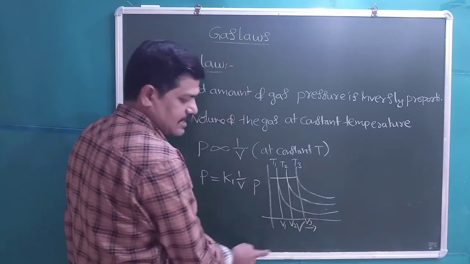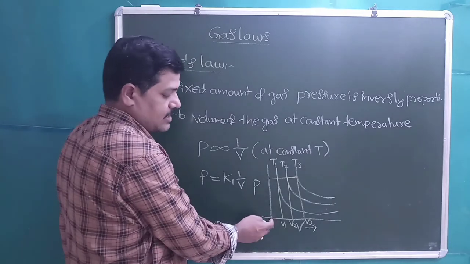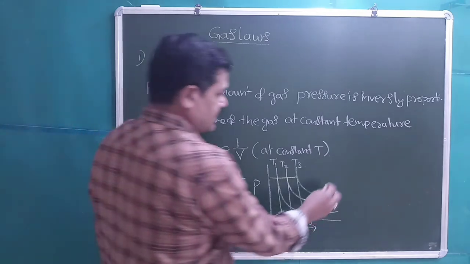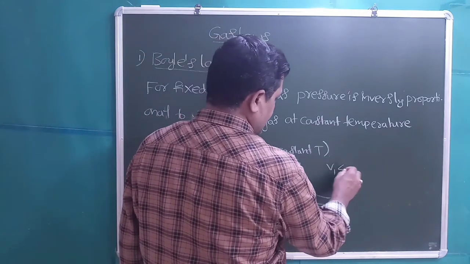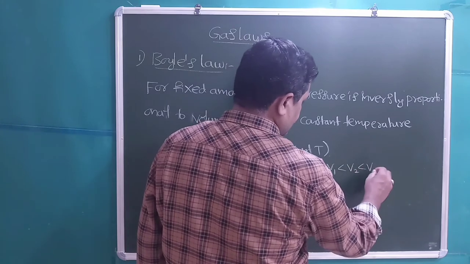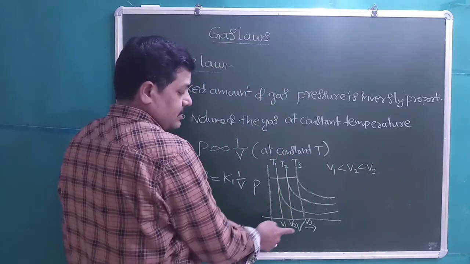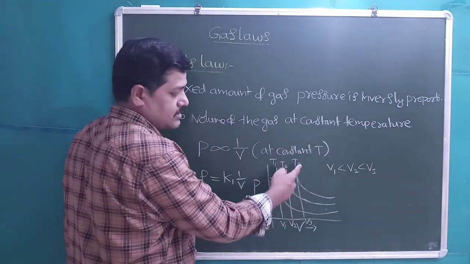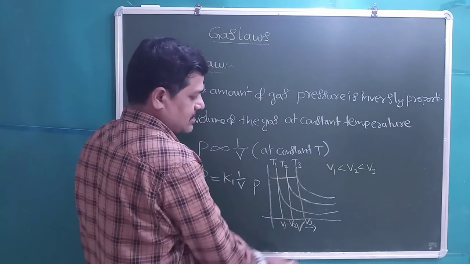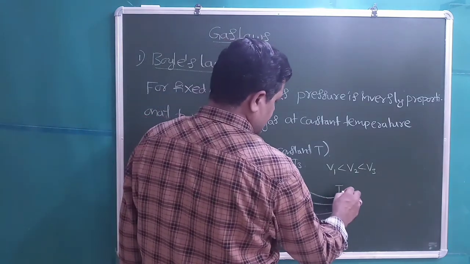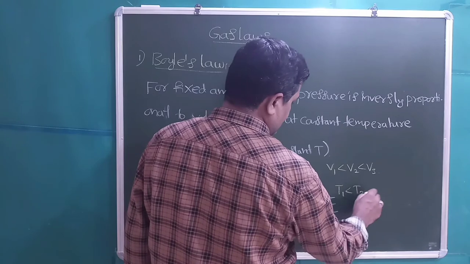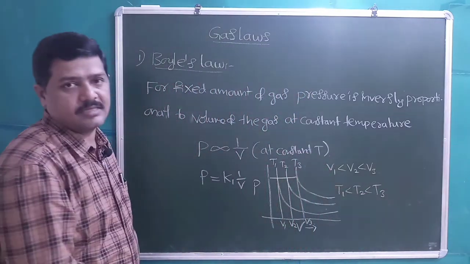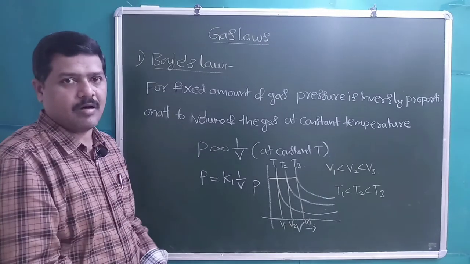So students, it is very clear on the x-axis, as we are moving from the left to the right, volume values increase, right? So we can write it as V1 is lesser than V2 is lesser than V3, right? When the volume is more, temperature is automatically more, because as the temperature increases, volume increases. Then the order of temperatures we can write T1 is lesser than T2 is lesser than T3, right? Students, let us discuss some more graphs related to the Boyle's law.